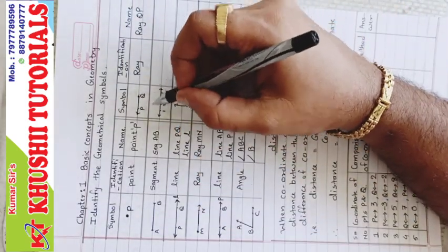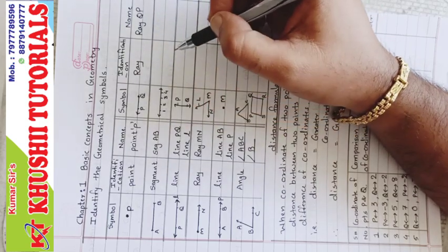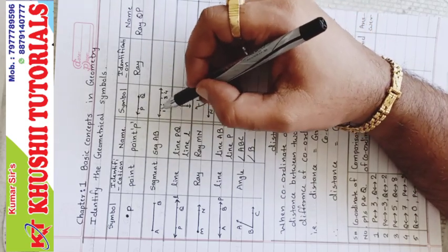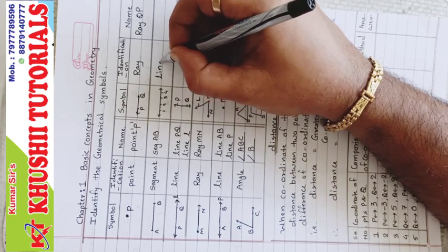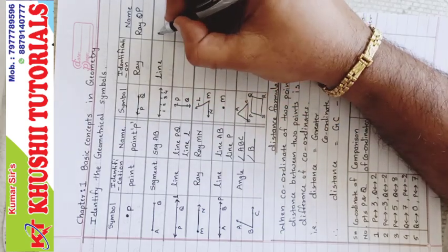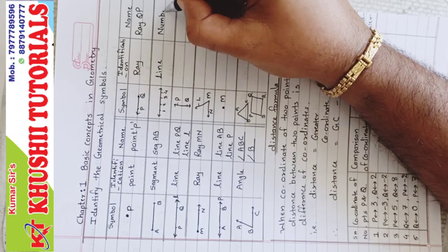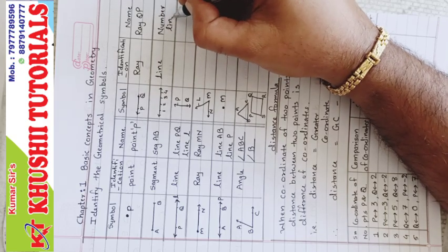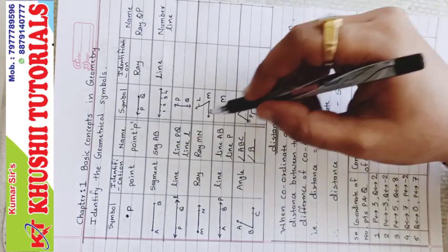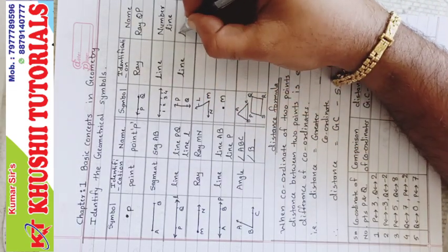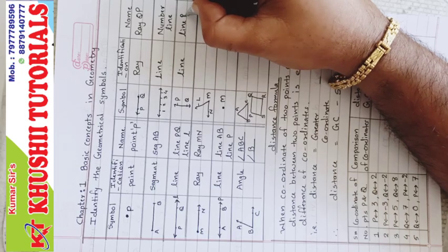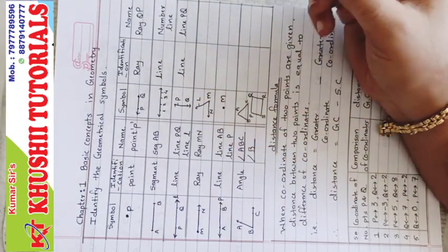Next, what is it? You can say, sir, it is a line. Yes, a line with numbers. A line with numbers is called a number line. So first let me write line and name number line. The next, again a line, it is a vertical line. So I'll write just line, and the name of the line is line PQ because it has 2 points P and Q.